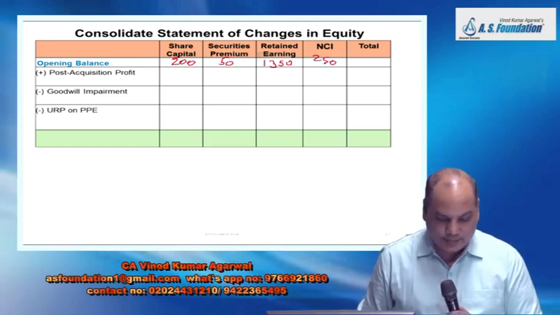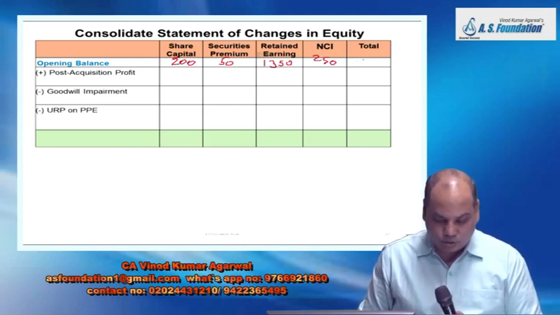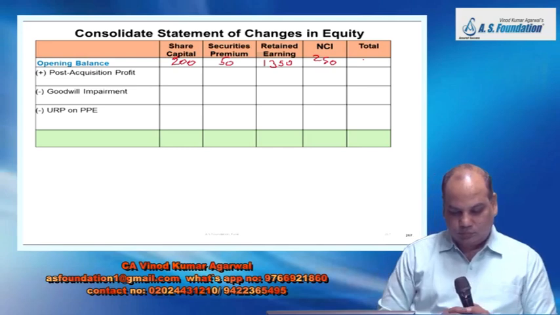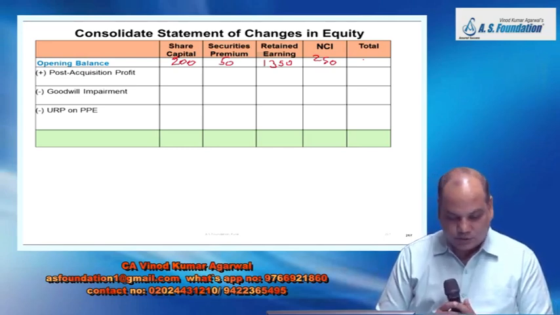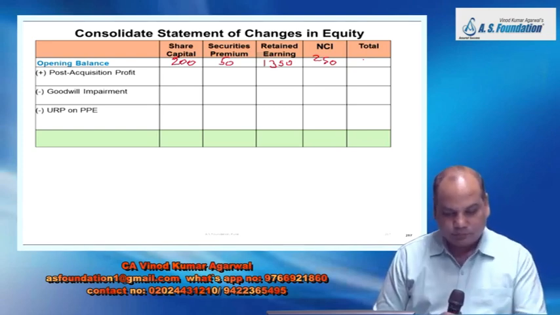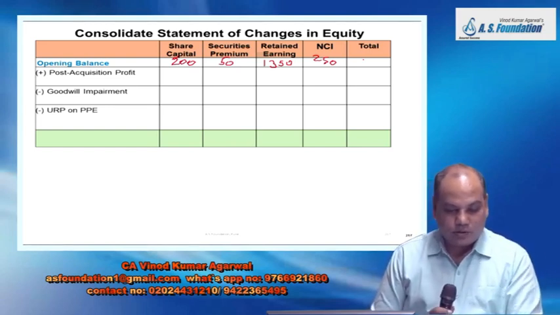Next line, goodwill has been impaired by a total of 30% of its value at the reporting date, of which 1/3 relates to current year. But have you computed the goodwill? So once we compute goodwill, then we'll do this adjustment. So remember, one adjustment is still pending. Next line, at the start of the year,